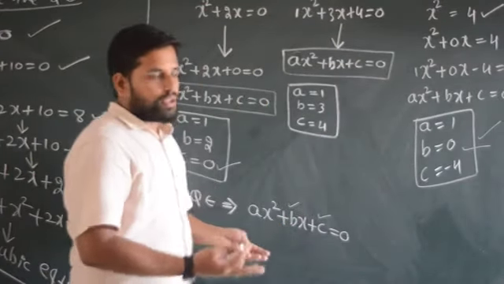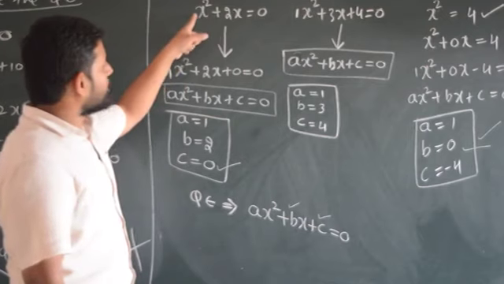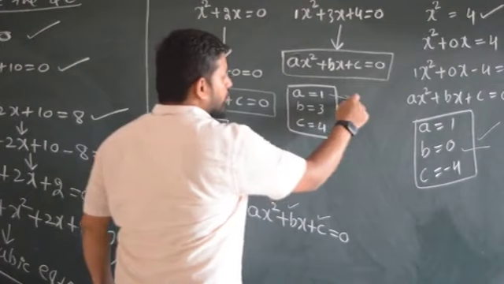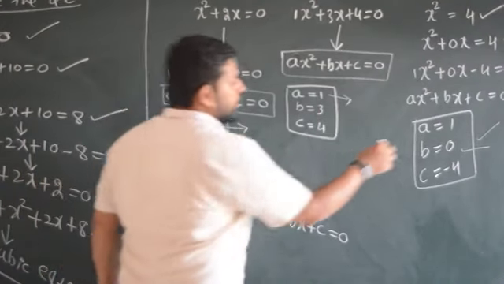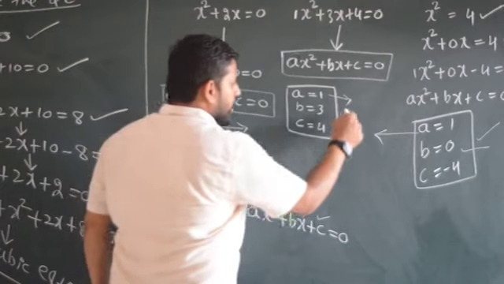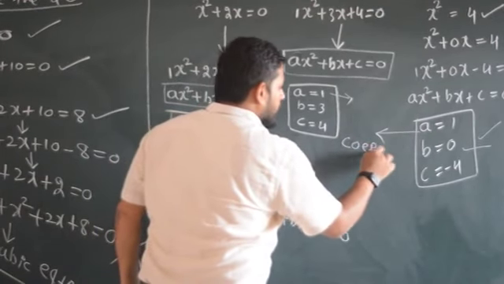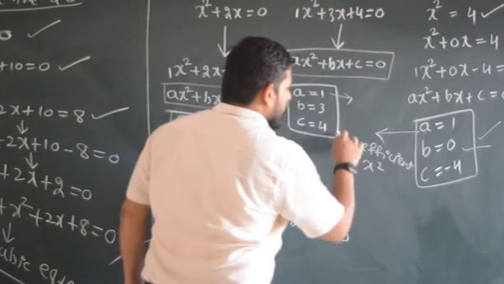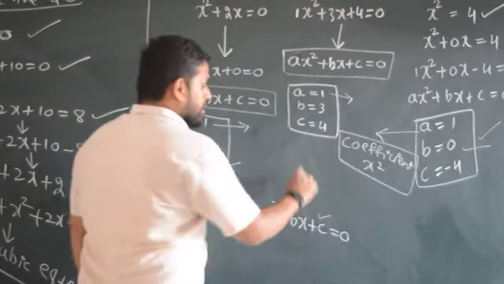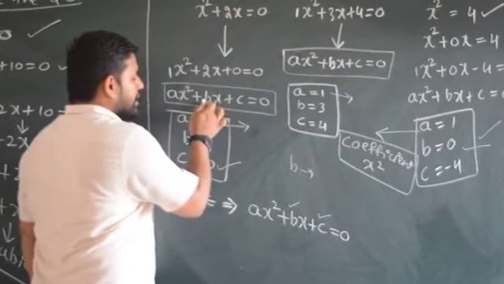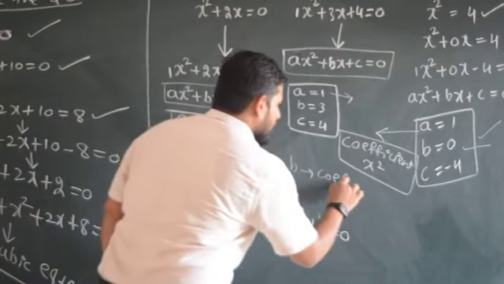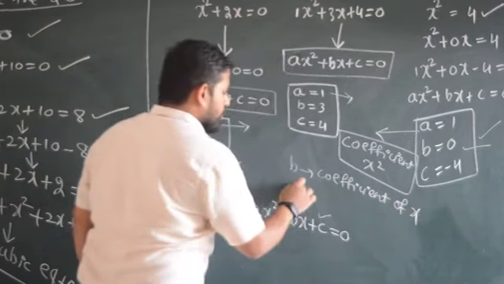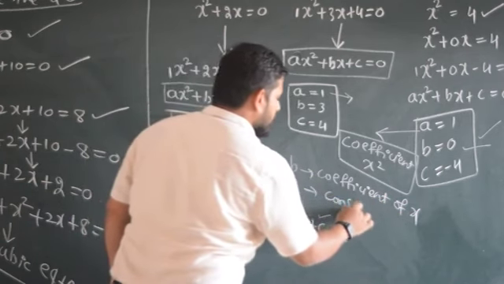If a becomes 0, whatever is behind this, that is coefficient. I will come to that also. So whatever value of a we have got, all these values of a, a is called the coefficient of x square. What do you mean by a? A is called a coefficient of x square. Similarly, whatever b is there, that is called a coefficient of x, and whatever c is there, that is called a constant.